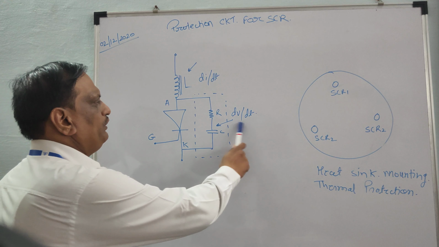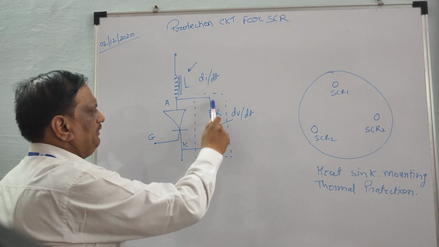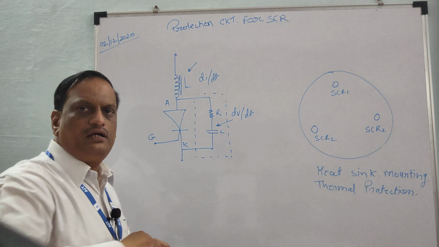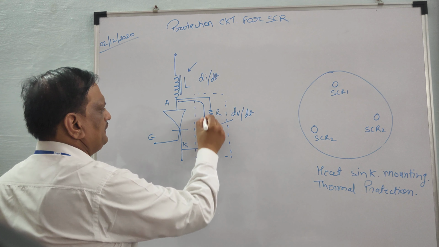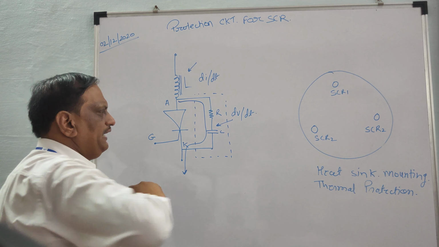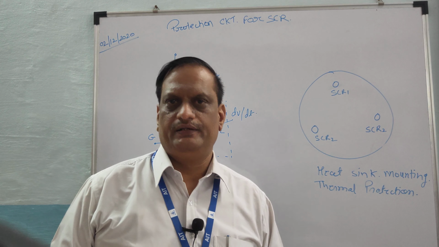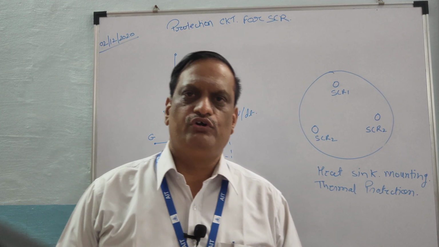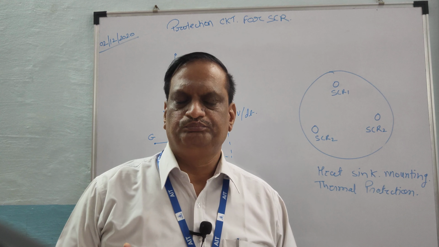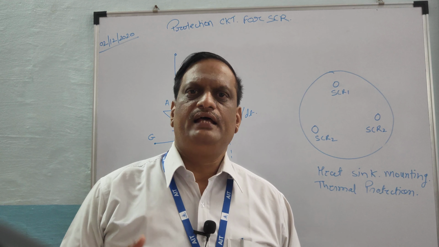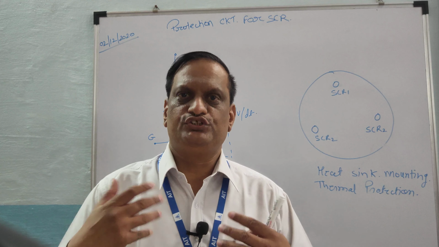So whenever a high voltage comes at a particular instant of time, what will happen? The voltage will be distributed across the SCR, and because of that the current will get bypassed in this way, and because of that your device will get protected from the sudden high dv/dt. Initially, if you are aware, we have seen the various techniques of conducting the SCR. One of the techniques is applying a high dv/dt to the SCR, so that the SCR comes into conduction without application of gate current.